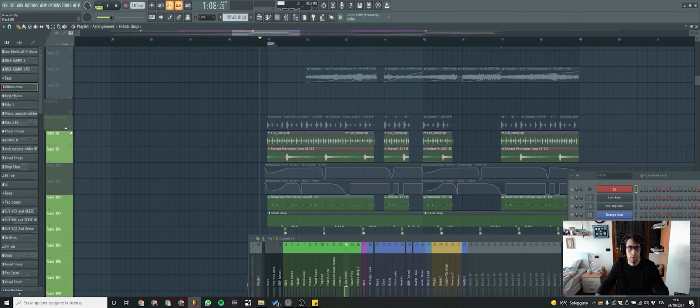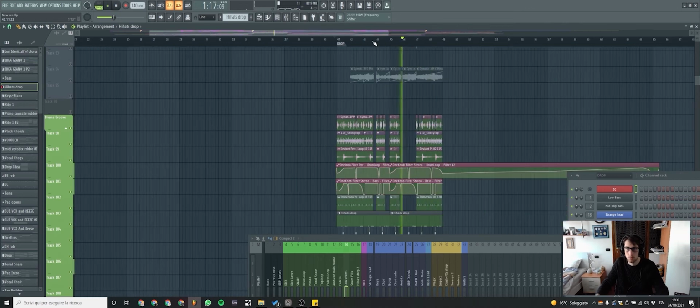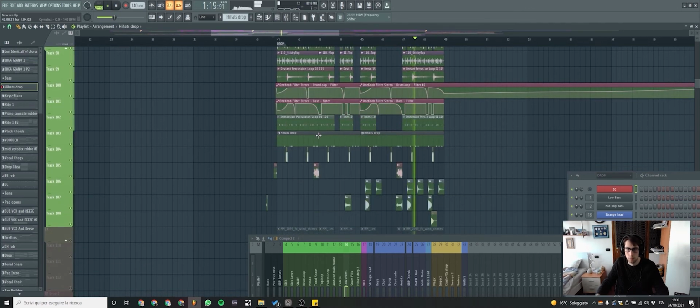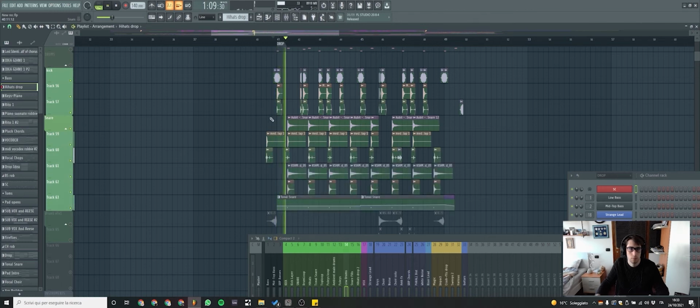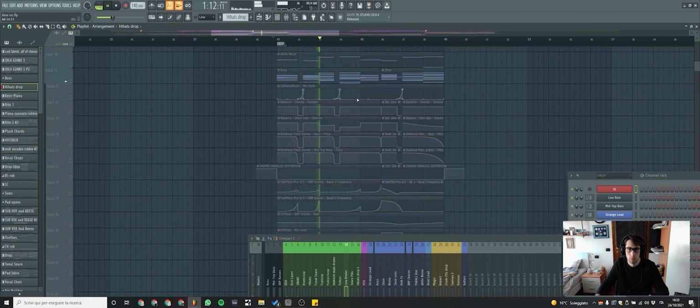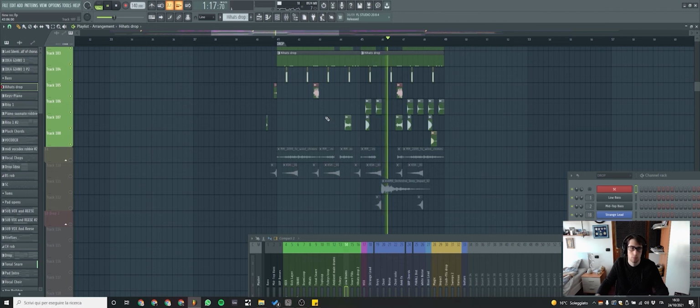Let's hear them all together, and then we have also the automations. Let's play them with the main drums too. This is the rhythmic part.